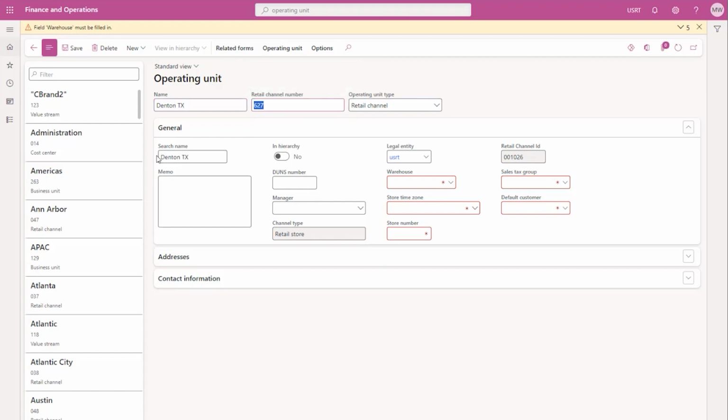I tabbed and it filled in the search name. This search name only has a set amount of characters. It's going to try and inherit what you used in the name column, but if it's too big, you might have to abbreviate some stuff. But this is going to be the value that's shown for this store inside the organizational hierarchies that we're going to work on next. All right, so for warehouse, we have to select which warehouse we created for the store,